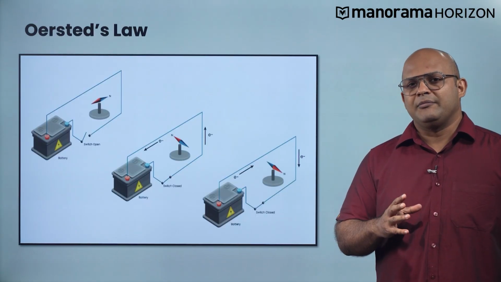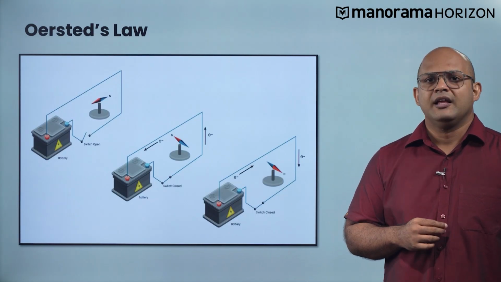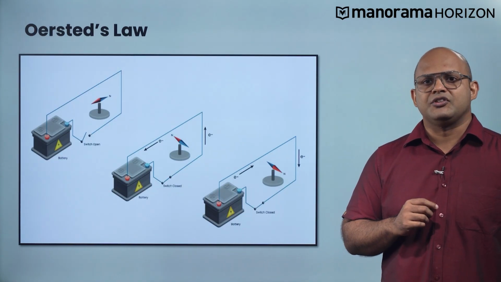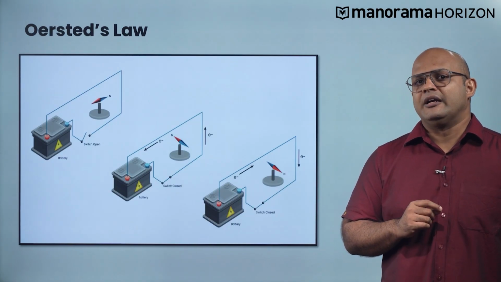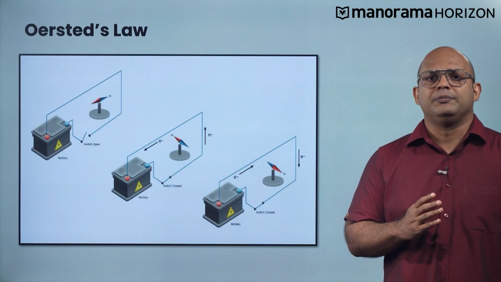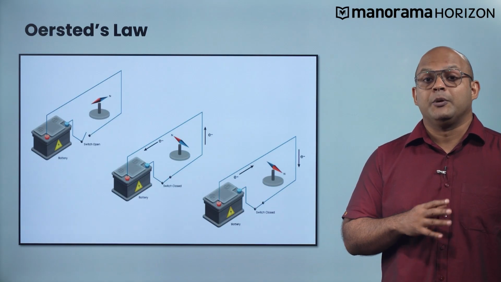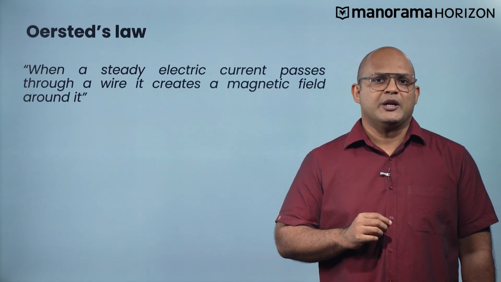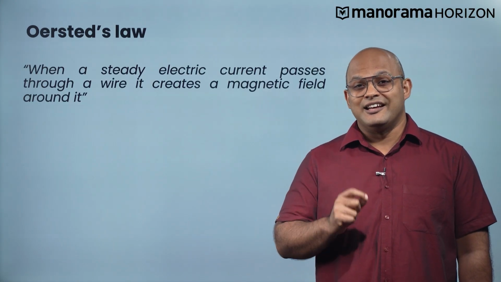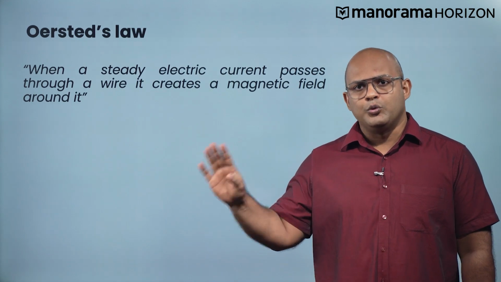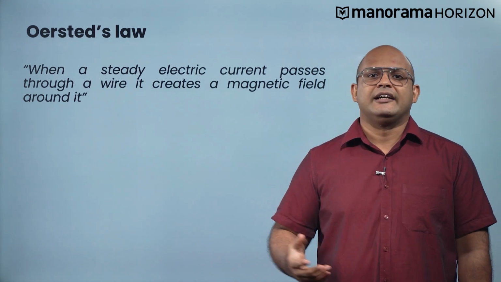This phenomenon can be simplified as Ørsted's law. The Danish physicist Hans Christian Ørsted in 1820 found that the needle of a compass next to a wire carrying current turns so that the needle is perpendicular to the wire. From this experiment, he concluded that when a steady electric current passes through a wire, it creates a magnetic field